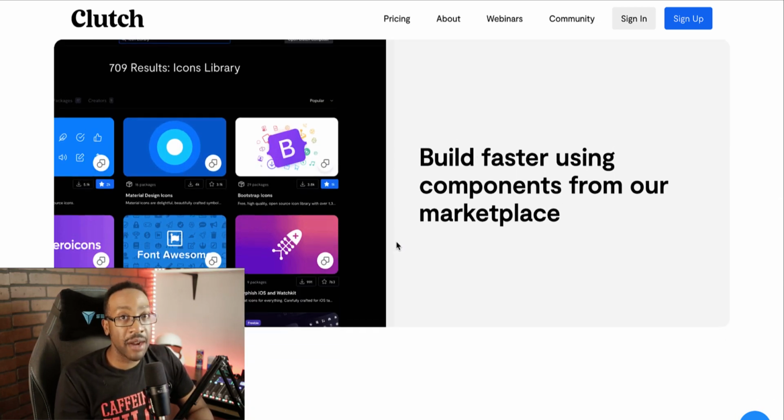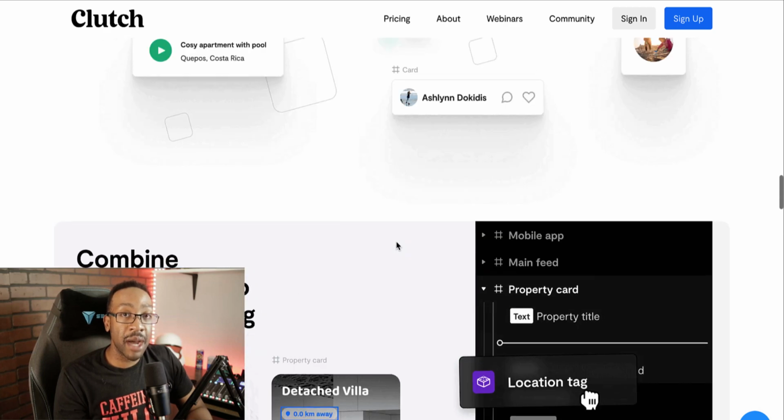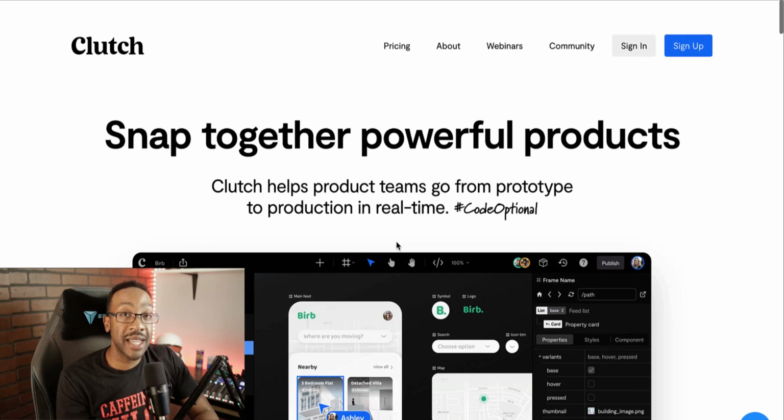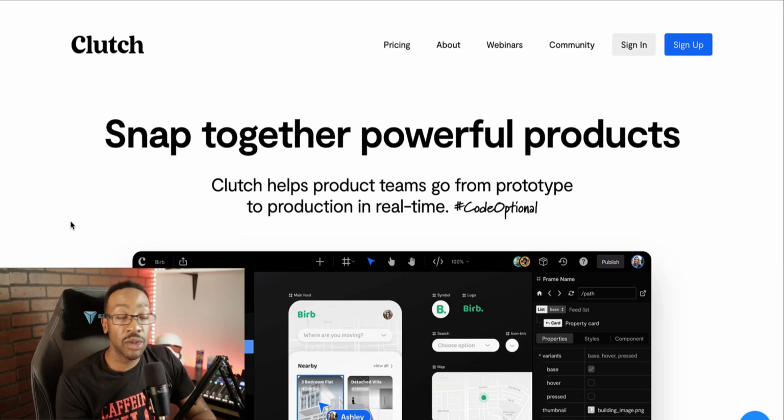But the problem with AppGyver is the limited amount of components that I can bring into AppGyver at the moment. So the templates are limited, but Clutch is already looking at importing Figma or being able to have that integration in the future. That saves loads of time. So that's something that I'm really interested in.